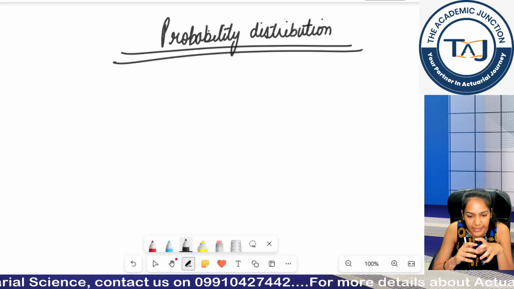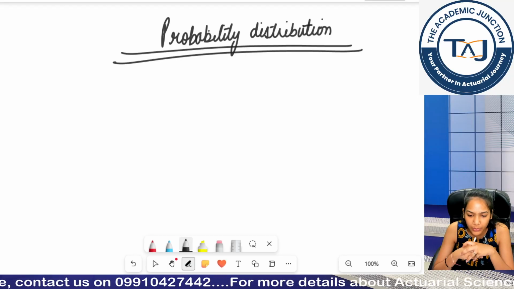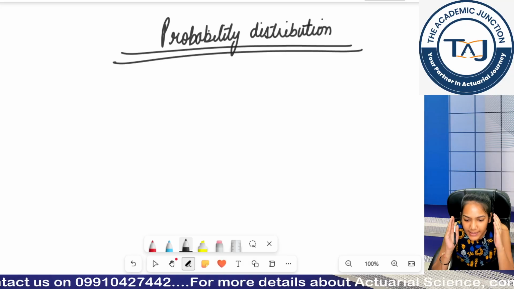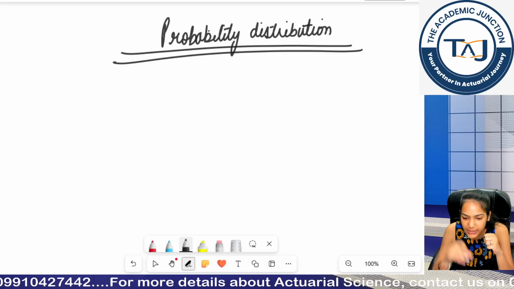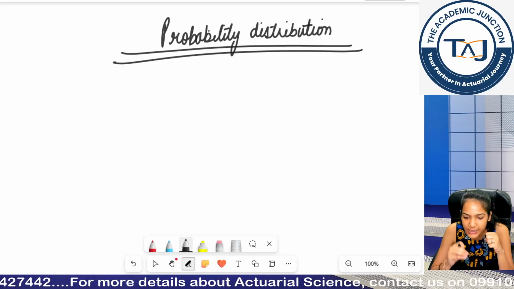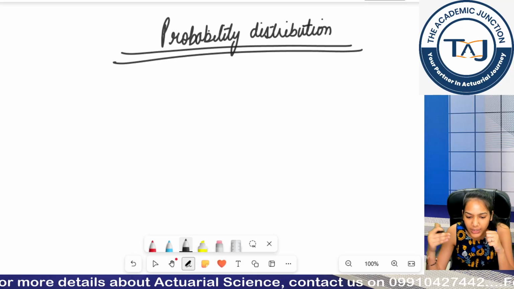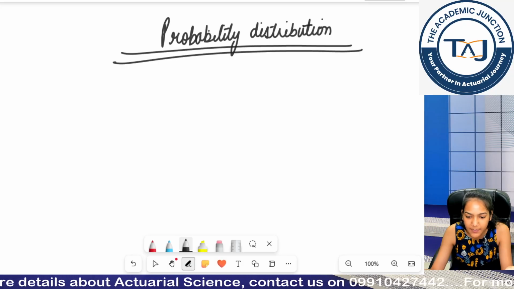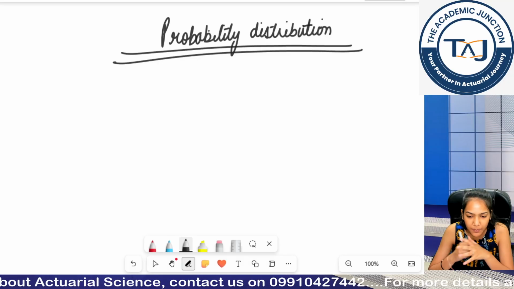In entire CS1, if you are confused regarding a distribution, that is negative binomial only. Okay, so please open up your minds and focus here only. Negative binomial is the distribution where most of the students get confused. Even if you are revising after a few days, you will get confused. What does X represent? What does N represent? What does P represent? You will literally be confused. Okay, so please be aware of this.